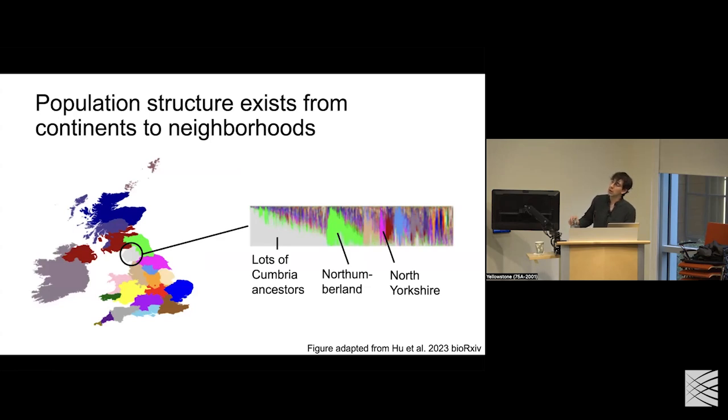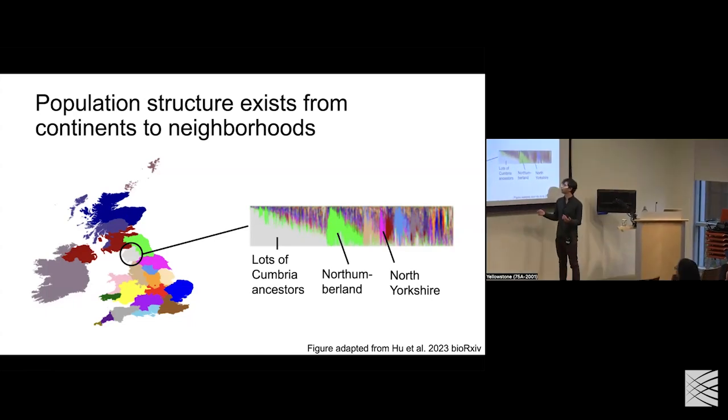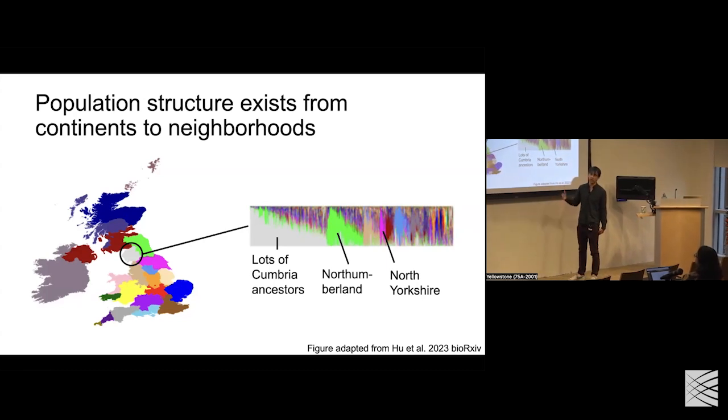2023. In this paper, instead of just classifying individuals based on their continental genetic ancestry, they take the UK Biobank resource and try to classify the individuals based on much smaller regions. They divide the UK and Ireland into 23 different regions, and then they estimate the genetic ancestry using these very small regions in addition to some other global